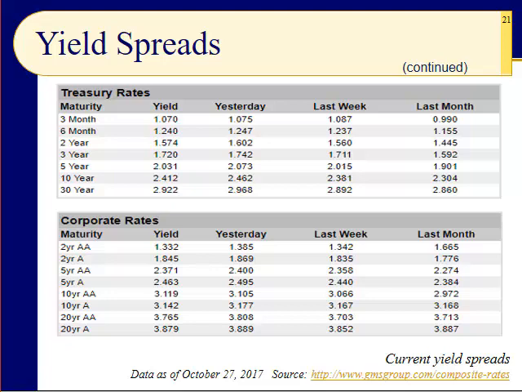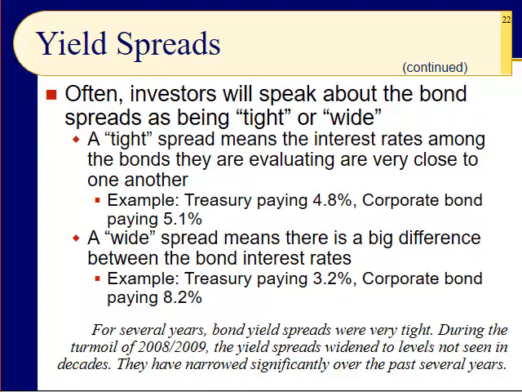When we compare that to the corporate rates, we find that the spreads between the Treasury and the corporations are very, very tight, as we'll see. I mean, look at that. Look at the 2 year for the Treasury, 1.574, and the 2 year A bond, 1.845, and the 2 year AA is less. Yeah, and you go out to the 20 year, and it's more than the 30-year Treasury. Yeah, that makes a whole lot of sense, but not much more. Indeed, tight Treasury. The yield spreads are very tight, as we'll see on a subsequent slide.